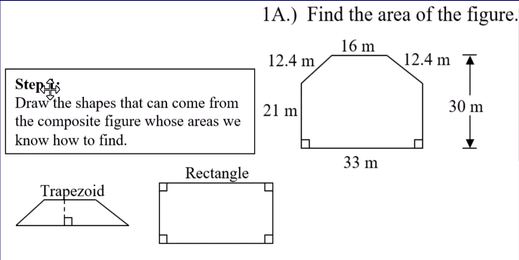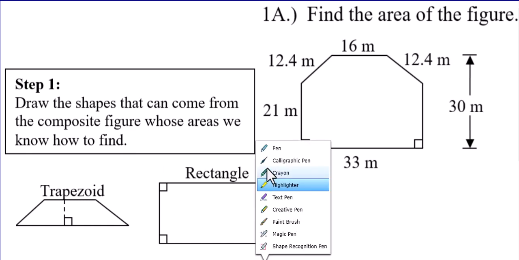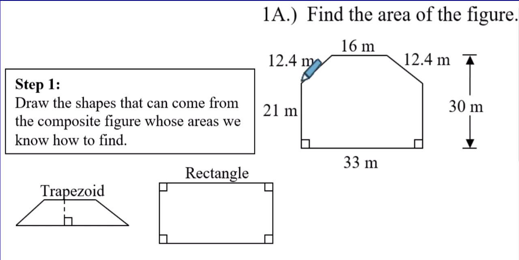steps. Step 1 is we're going to draw the shapes that come from this composite figure, whose areas we would know how to find. And so, quite simply, if I take a line and I draw it straight across here, you see I'm going to have a trapezoid on the top and a rectangle at the bottom. So that's the first thing I need to do. Separate this and maybe quickly sketch the shapes that we actually do know how to find that can come from